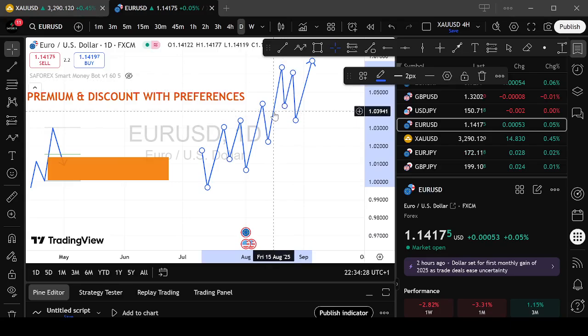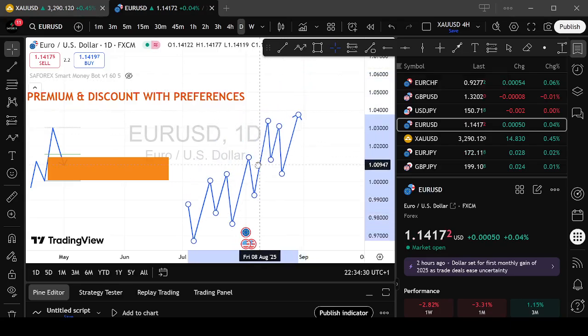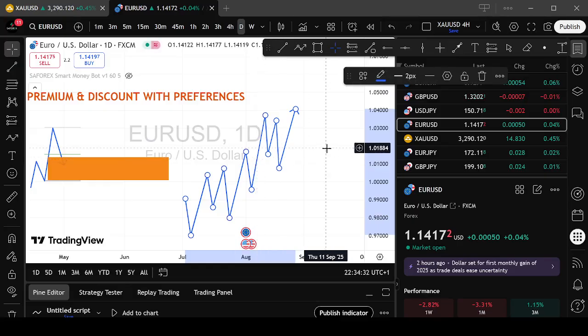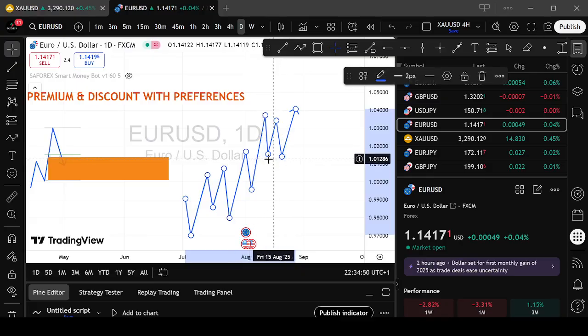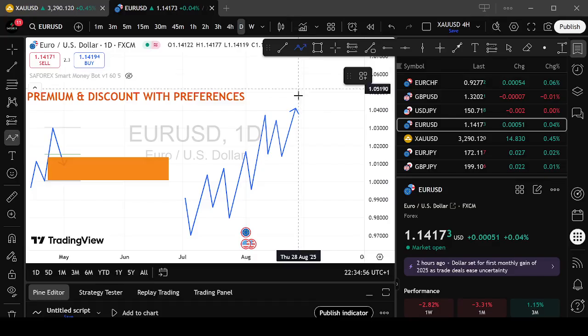So the first thing the market makers are looking for in the market is liquidity. Liquidity is found in various places in the market. Okay, they are found on equal highs or equal lows. So maybe price does like this. Let's say price does something like this. People who trade double bottom say that this is a double bottom and they want to buy, right? Probably they buy up there, but later on the market will definitely come back and wipe them out and